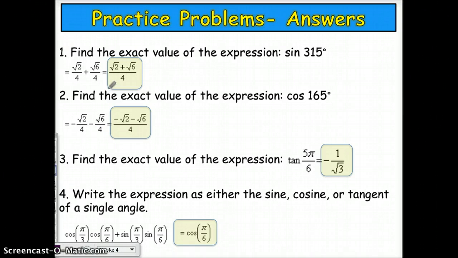The answers are highlighted in yellow. Check to see how you did. How many of the 4 did you get right? If you got all 4, great job, you're ready for the assignment. If you didn't get all 4, you want to go backtrack through your work and see if you can find your mistake and figure them out. If you're having trouble figuring them out, please email me or stop in the virtual office so we can find your